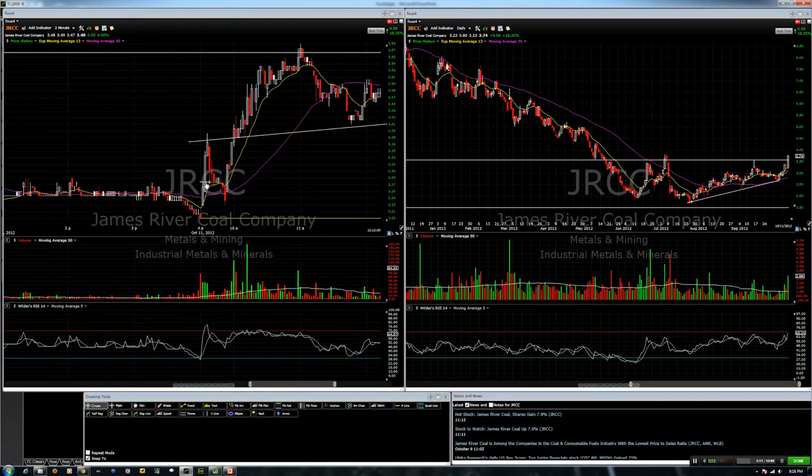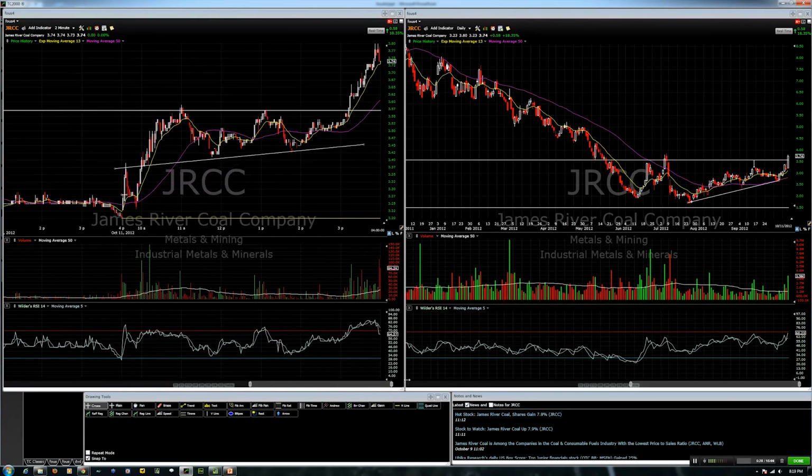But you can see it ripped right out of the gates this morning, just spiked up and then spiked all the way back down. So it was a very volatile stock, but ended up breaking out. I didn't get into this stock. It was a little bit too crazy. We had some weird action going right around here in the morning, but it actually did form up this F3 pattern and broke out right into the close, which basically means that there's a lot of momentum going for this